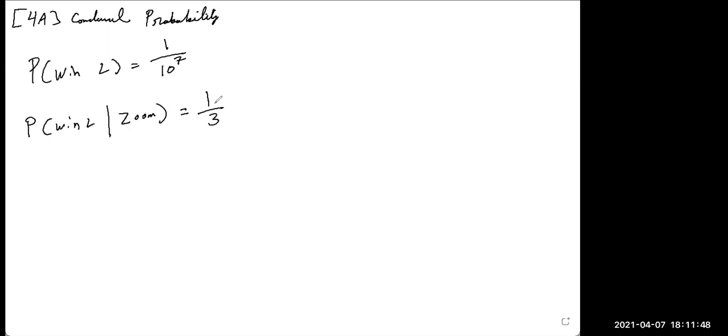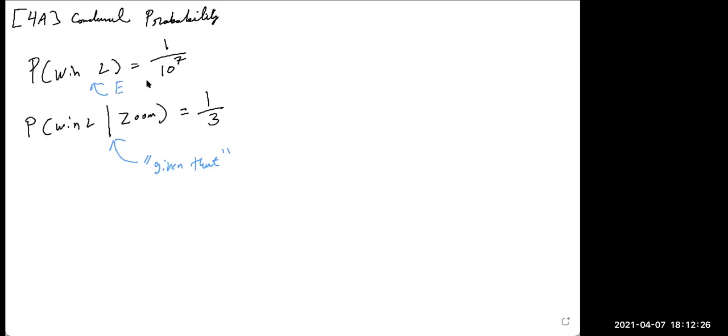This bar here that I wrote, this is the phrase "given that." Given that this happened, what's the probability? So given that someone on the Zoom call won the lottery, what's the probability that you won the lottery? That's that bar, given that. And before the bar we just have whatever we were looking for, the event itself. This is just the regular event.